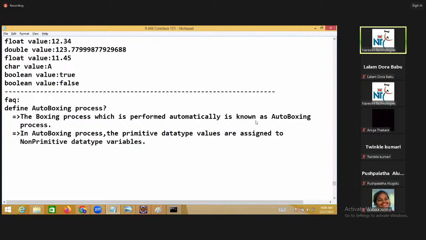Internally, objects are created automatically. That is known as auto boxing. Make a statement: in the auto boxing process, the primitive data type values are assigned to non-primitive data type variables. Example like this. We took Integer ob1 is equal to 12. 12 is a value, ob1 is a non-primitive data type variable.